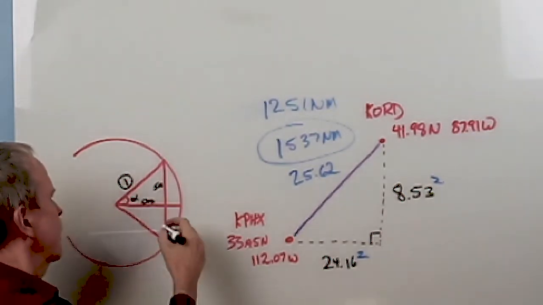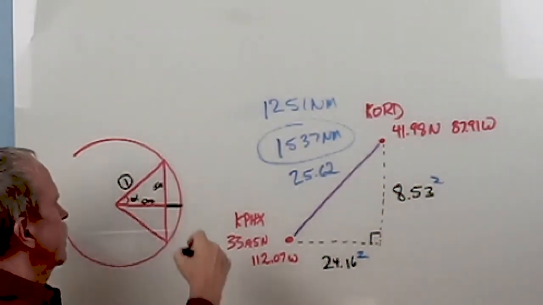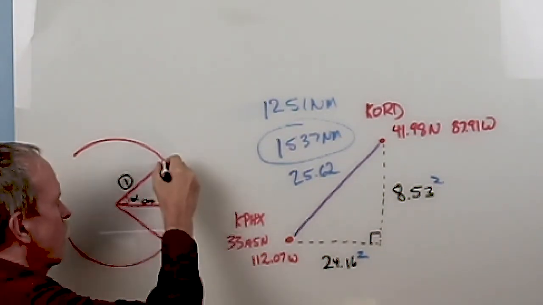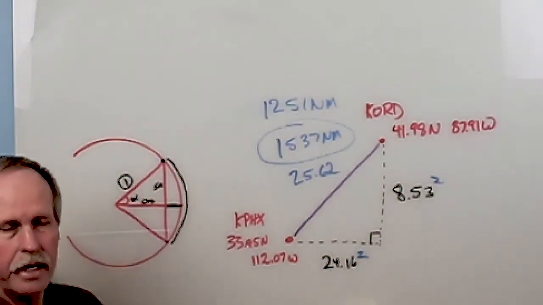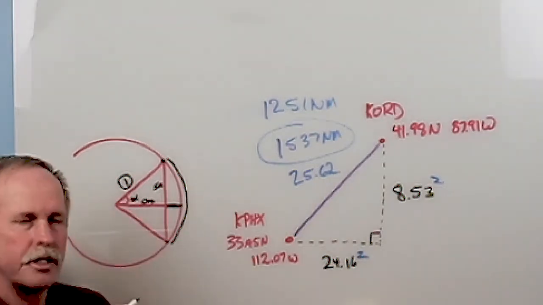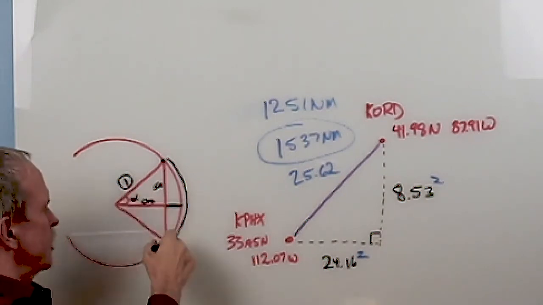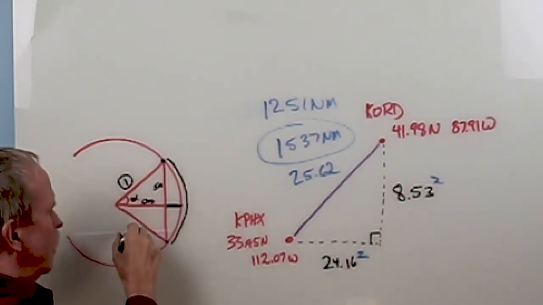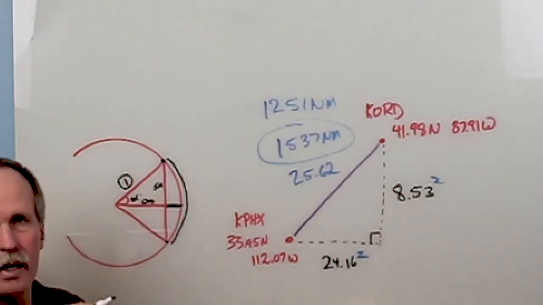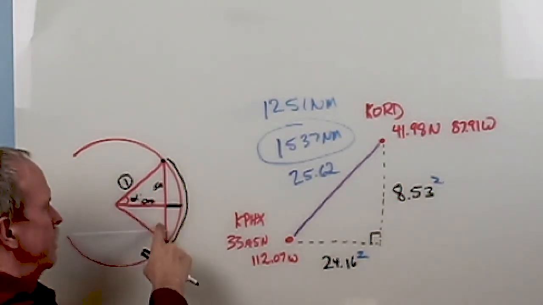So, for example, look at this segment right here. If you knew the length of that segment, it would tell you the difference in distance across the surface of the Earth compared to a chord of an angle. And as you recall, the chord of an angle, say this whole angle here, is equal to 2 times the sine of half the angle. In this situation, if we were looking at this chord, here is the whole angle that that chord would encompass. Angle alpha would be 1/2 the angle. And if we took the sine of angle alpha and multiplied it by 2, we would have the length of